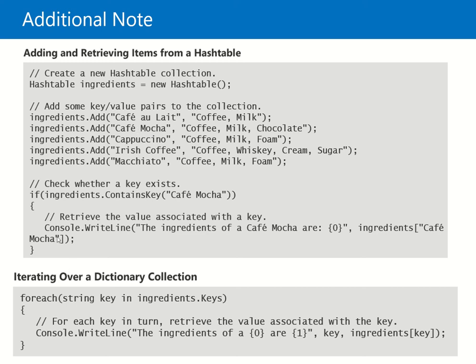Yeah, I write it in the console. Console.WriteLine, the ingredients of cafe mocha are a placeholder. Okay, so this placeholder stores the value of the ingredients of cafe mocha. The key cafe mocha stores the value cafe milk chocolate. So this string will be displayed in the console as the ingredients of cafe mocha